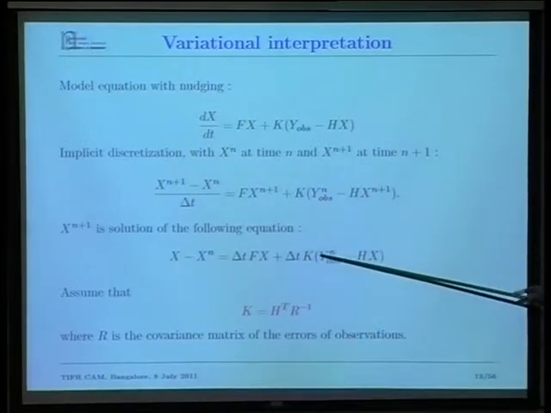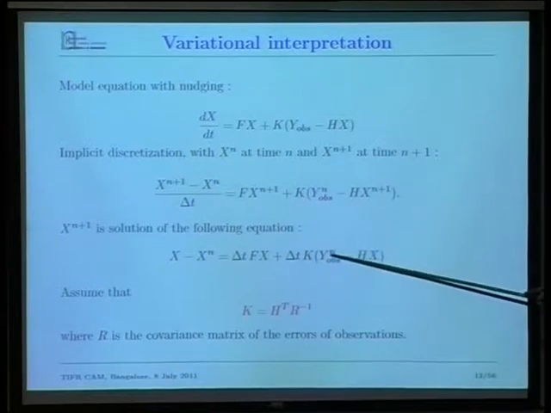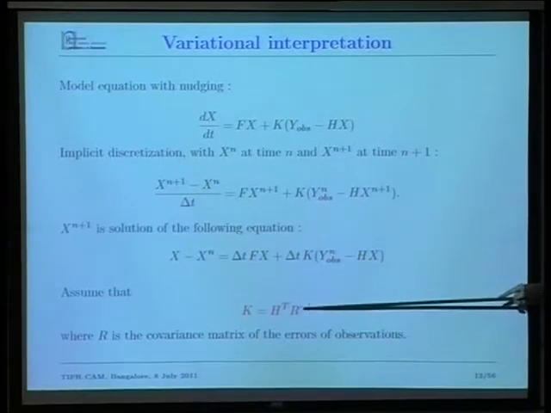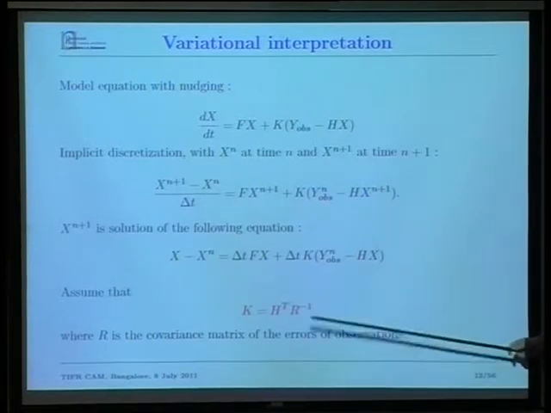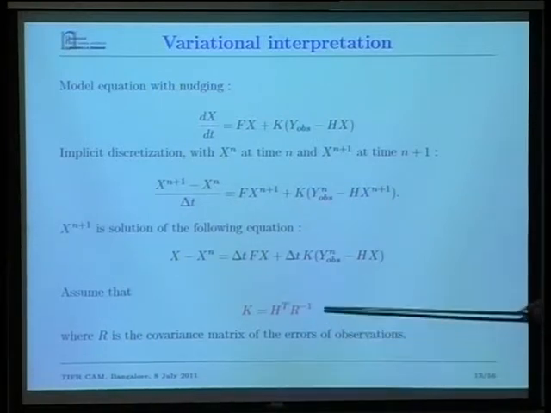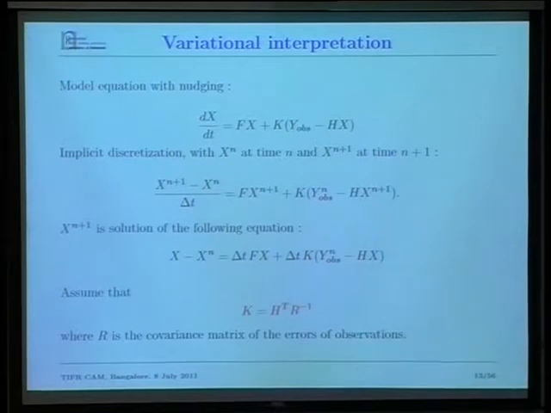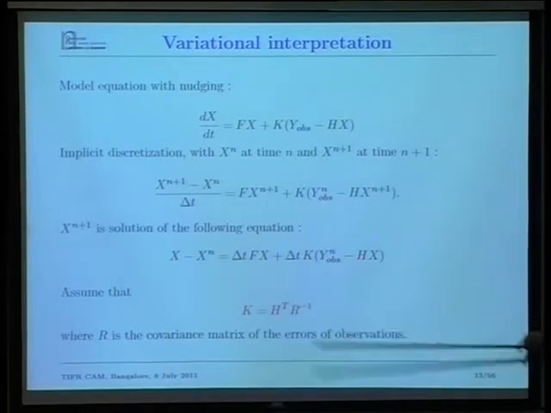Because we compare the model solution with the observation, we have to use a weight, and this one seems to be the best one. And then you need something to get back from the observation space to the model space, the state space. So H transpose is also the best choice. So if you use this particular gain matrix,